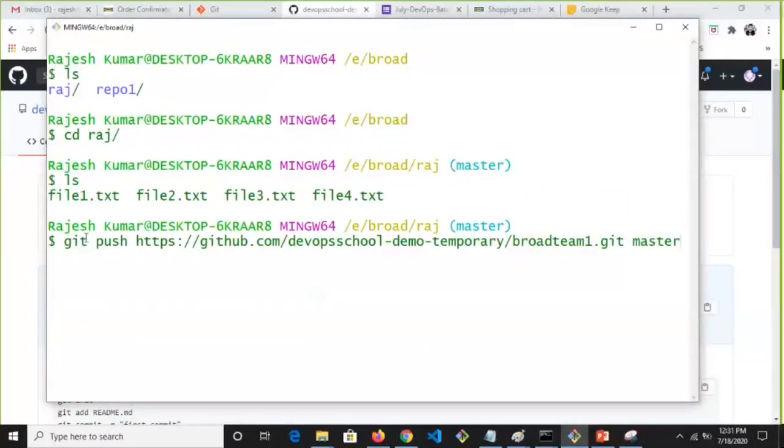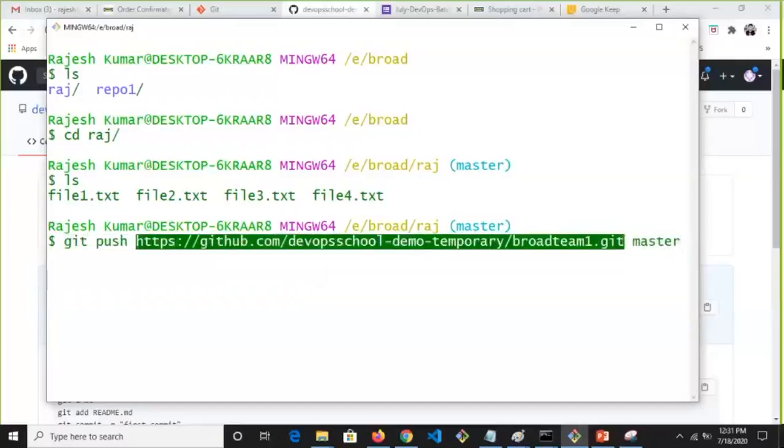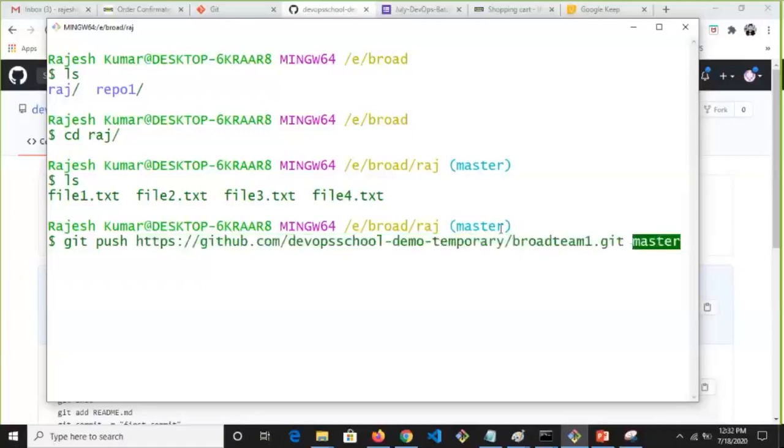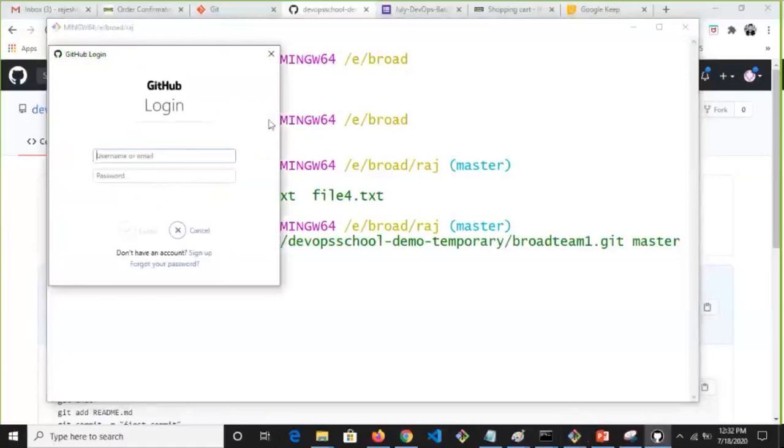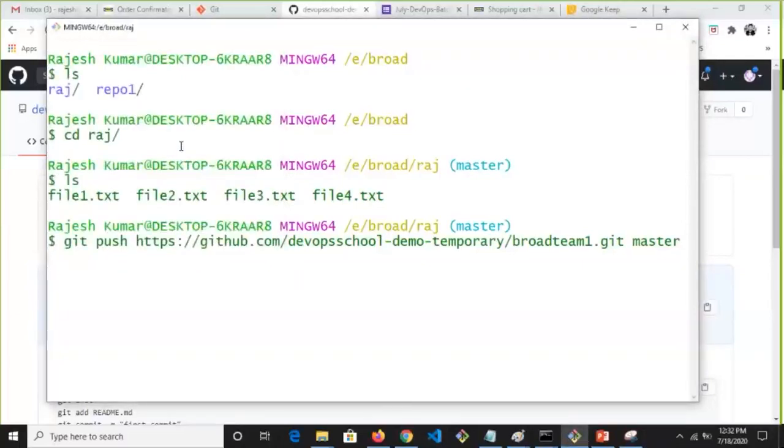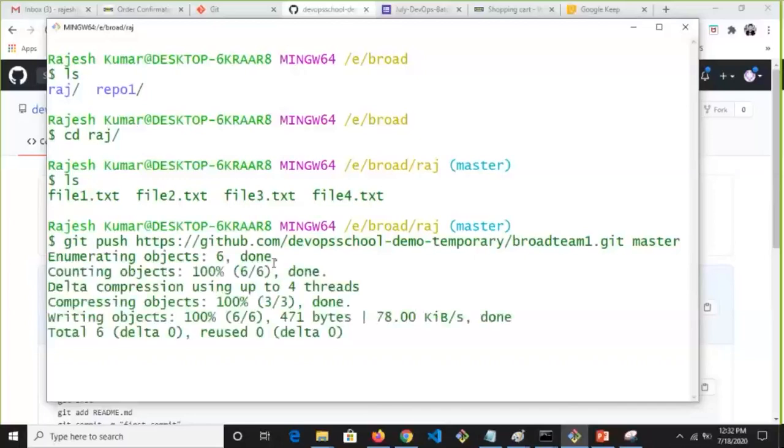Okay, so see here. I said I will push, someone will pull. So this is the git push to this URL. This URL you have to use it for now. I will tell you how to minimize this with aliases. And master branch I want to push it. Which branch? This branch. Okay, I'm pushing it. It asked me for the user ID and password. I gave the user ID and password of my GitHub, and it pushed it.